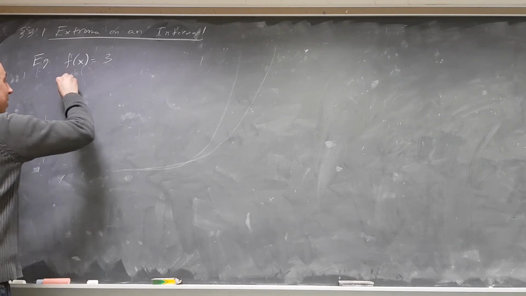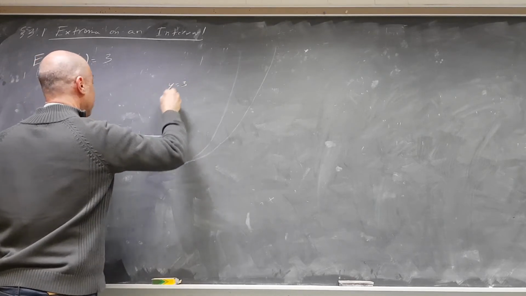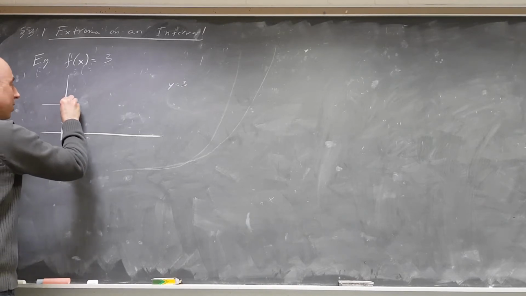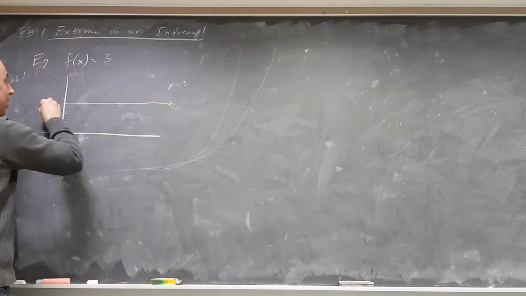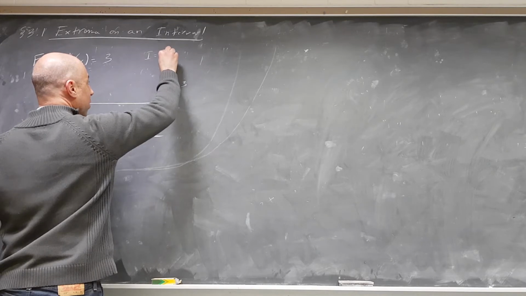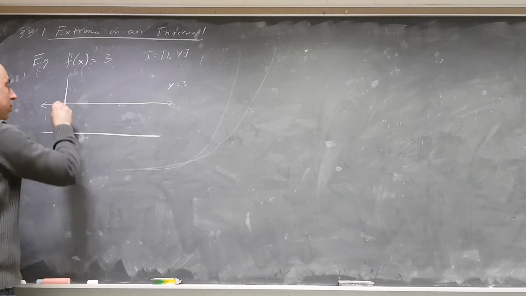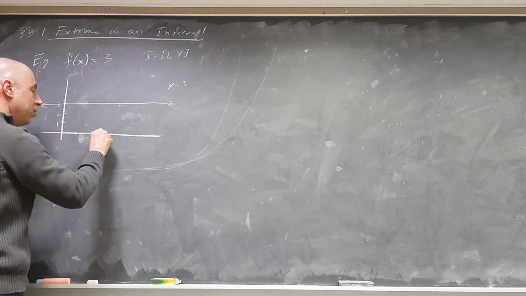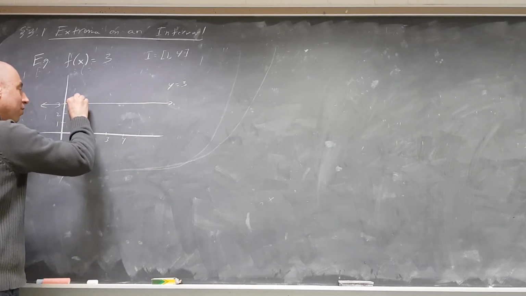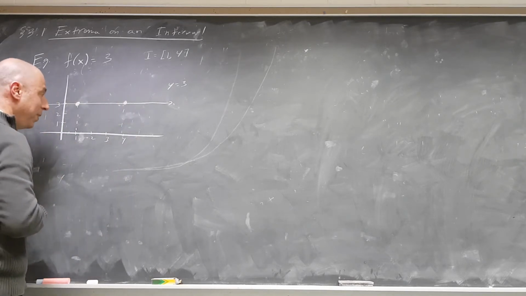We know what the curve y equals 3 looks like. It's just the horizontal line at height 3. Let's say our interval is, let's say, 1 to 4. So this is an interval of x values: 1, 2, 3, 4. I took the closed interval. So what we're concerned with is all parts of the curve between x equals 1 and x equals 4. So this little piece